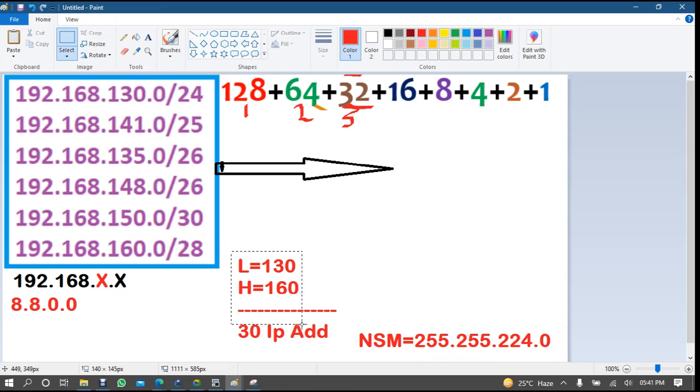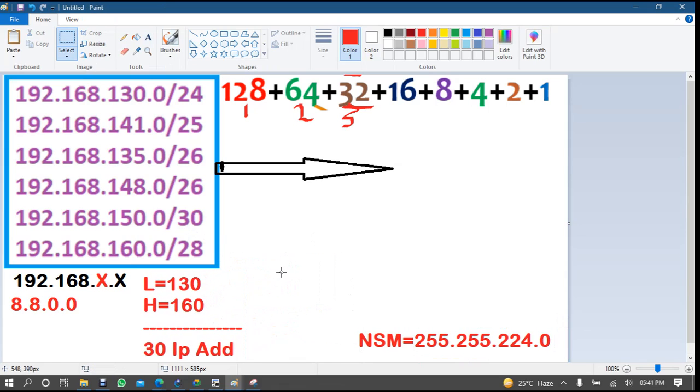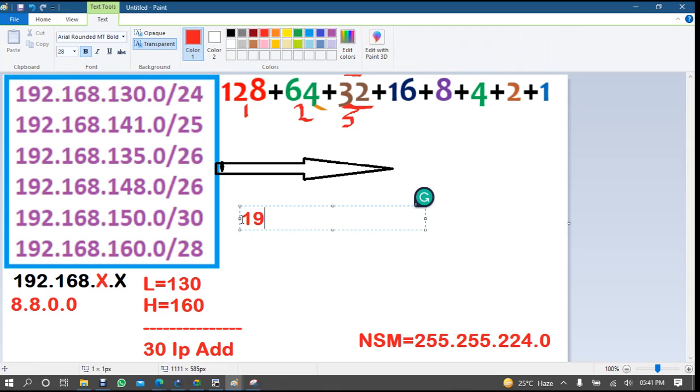Now we are waiting for the IP address, so let's have the IP now. How are you going to write the IP address? 192.168.0.0, how many bits is here? 8 plus 8 plus 8 is 24... 19, right?